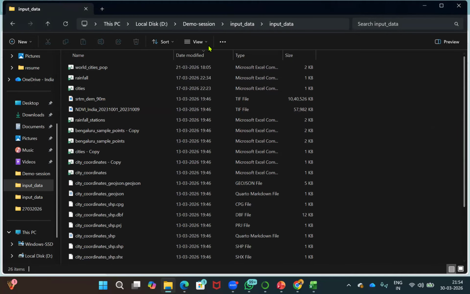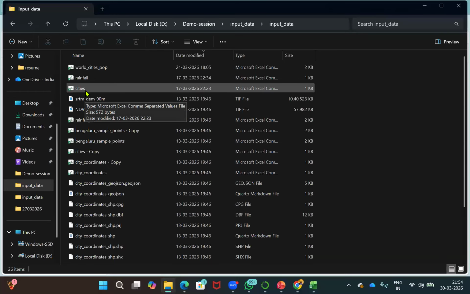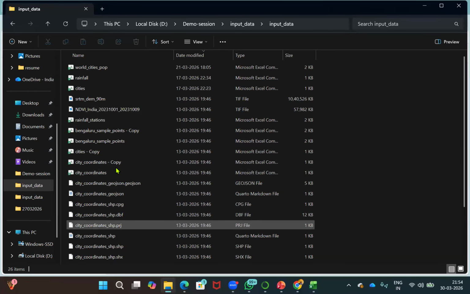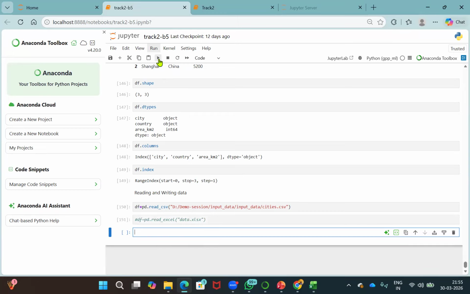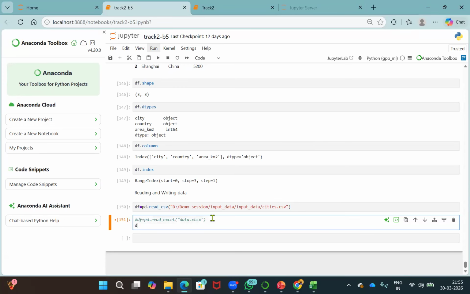Where did I save? Okay, understood now how we are reading the Excel file. This way only we'll read, there is nothing more. Okay. Same if you want to read the JSON file,